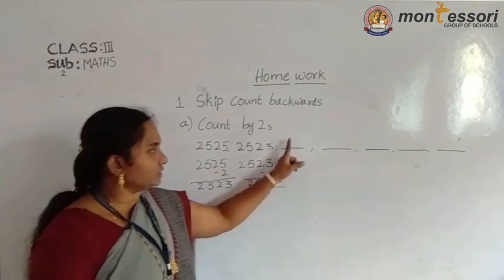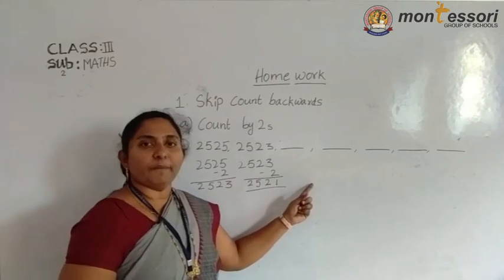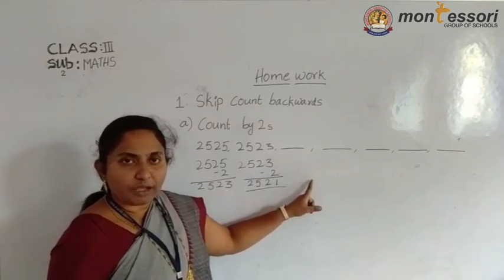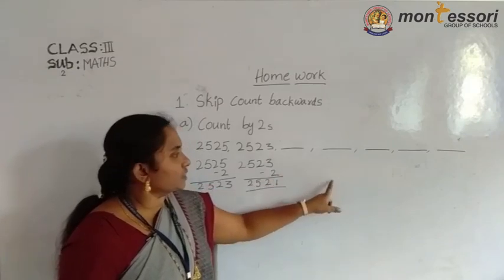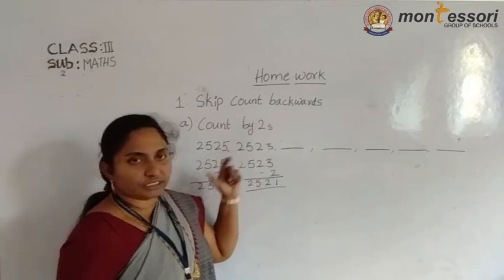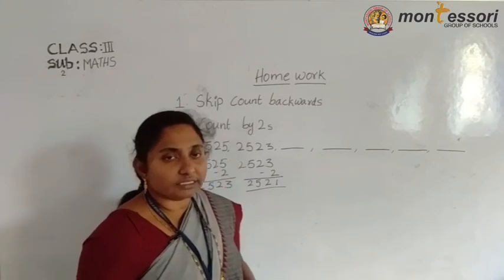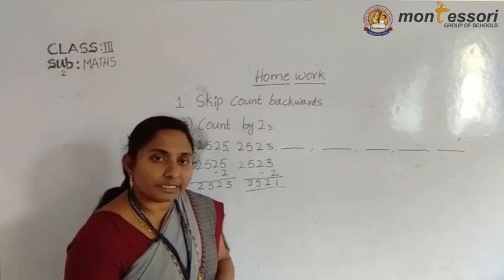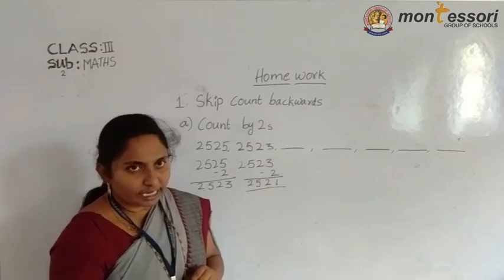2521. Now this answer you can write here. Again this number you take and do the subtraction with minus 2. Okay. Understood? Again this number you take here, we do the subtraction with minus 2. Whatever answer you get, you can write in the next blank. And again that answer you do the subtraction with minus 2. This is a very small problem I have given. This 5 you can write. You can find out the answer. Whatever number they give here, you do with minus 2.